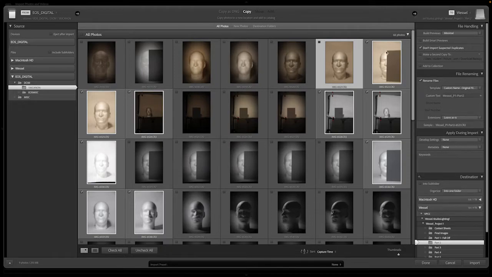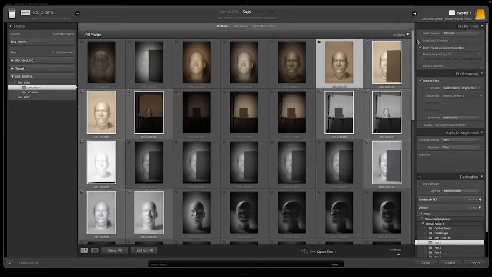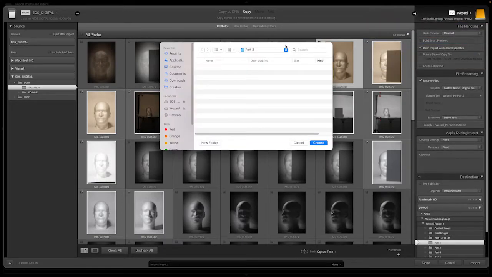So where are these going to go? Where are we going to put these images? There are 2 ways to do that, either here or down here under Destination. Let me show you up here first. We're going to choose where these go by selecting this, and then it's going to pull up this dialog box, and I'm going to choose Other Destination. Under Other Destination, this is going to pull up